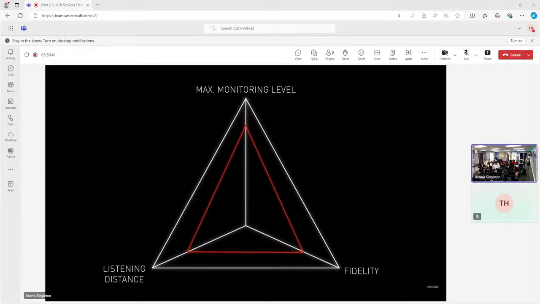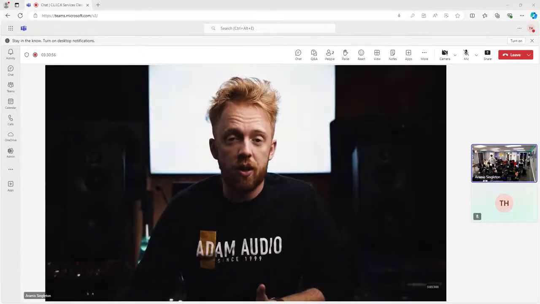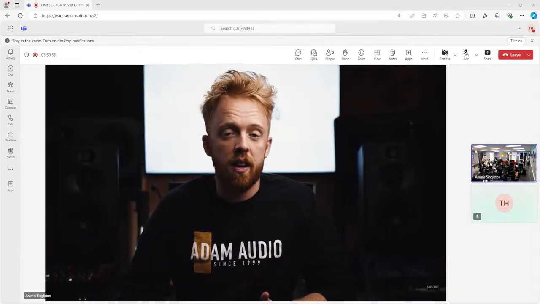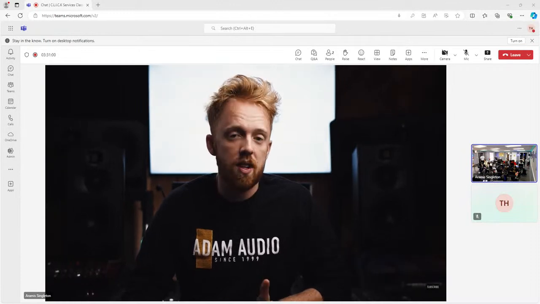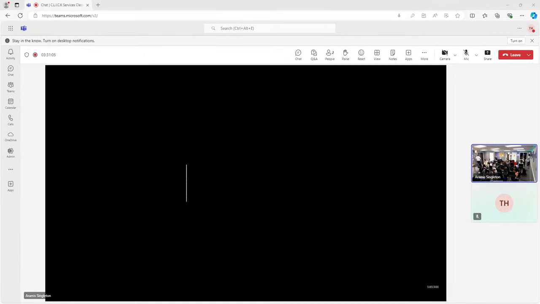results. You may, however, decide to sacrifice some performance in one of these aspects for even better performance in another factor with the same speaker. Your specific use case and requirements can be drawn out at the same time. So you have to ask yourself, what level of fidelity and audio quality do I need? What levels do I like to monitor, and how much more headroom do I need? What is the size of the stereo triangle that I can fit in my room, given the